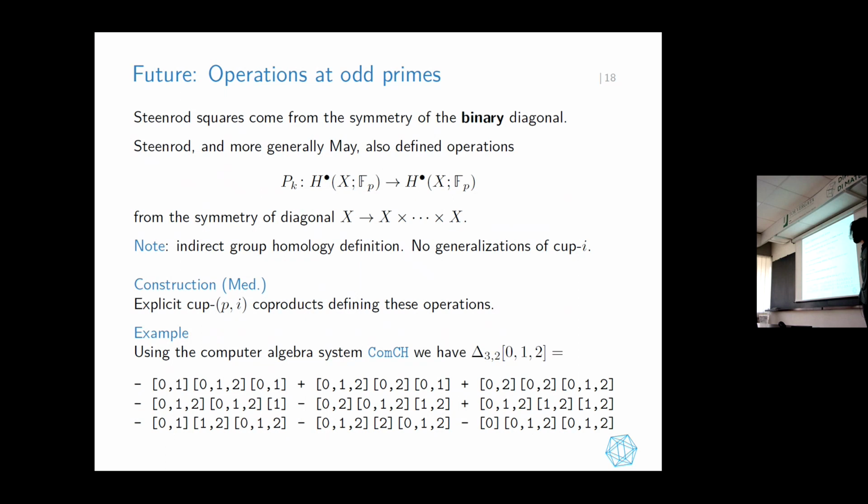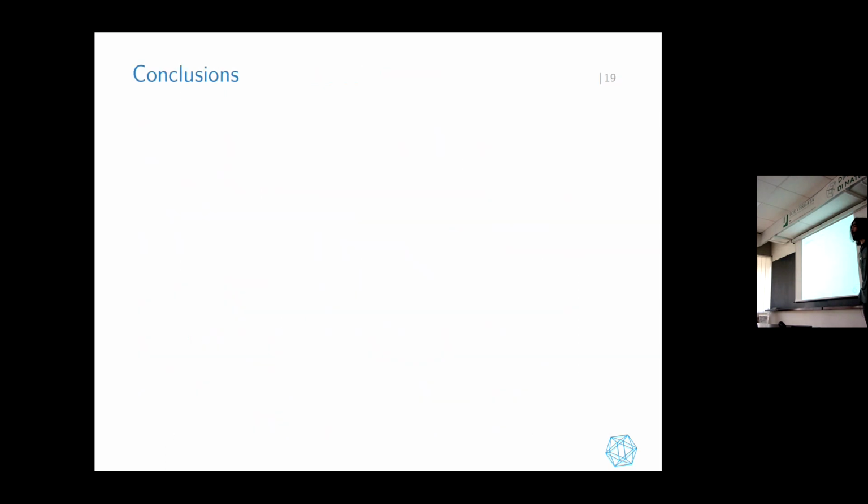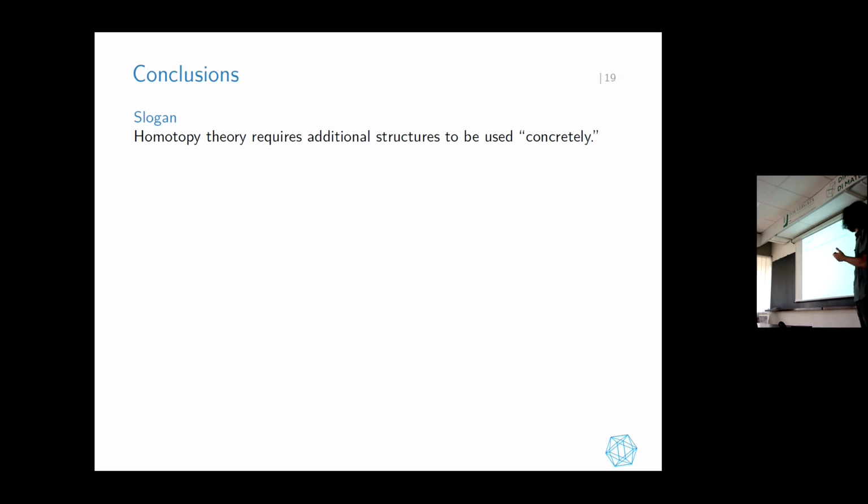Okay, so that's for the future. So let me just come back to a close and summarize what we talked about. So here's the slogan. Homotopy theory. This is a slogan that I usually present to homotopy theorists. I guess I don't need to highlight it so much here. But homotopy theory requires additional structures to be used concretely. And since we care about using it concretely, we need effective constructions. Today, we focus on Steenrod operations. In particular,